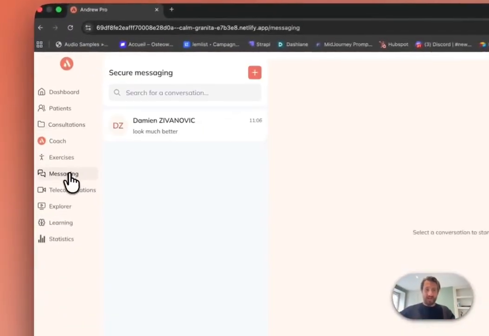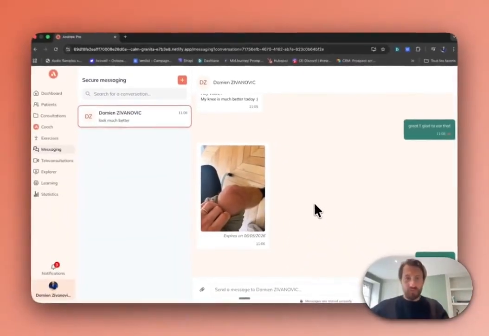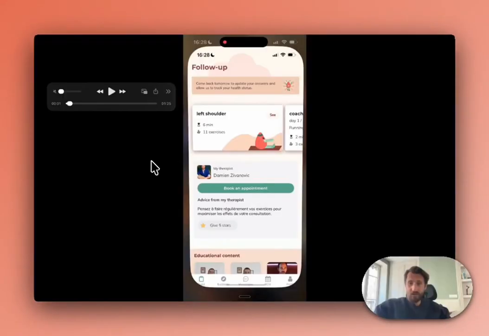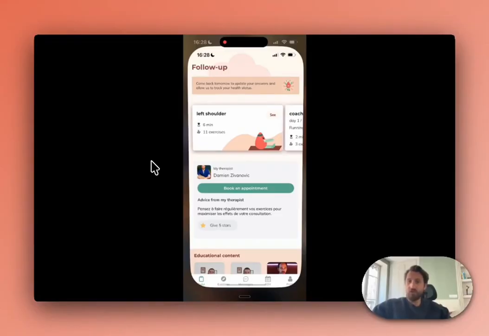You will also have access to an encrypted messaging system to communicate with your patients or clients, as well as a complete video consultation space. And on the patient side, how does it work? Well, we really wanted every patient leaving the office to have access to an app that reflects their therapist or